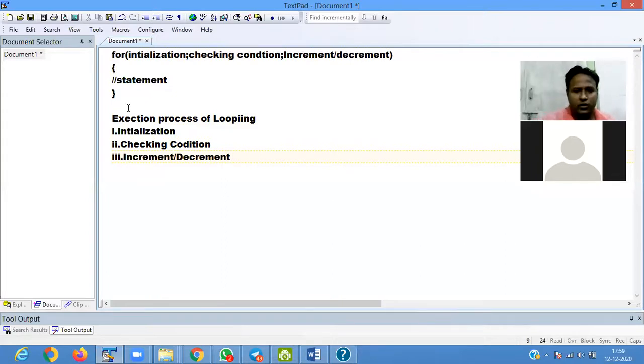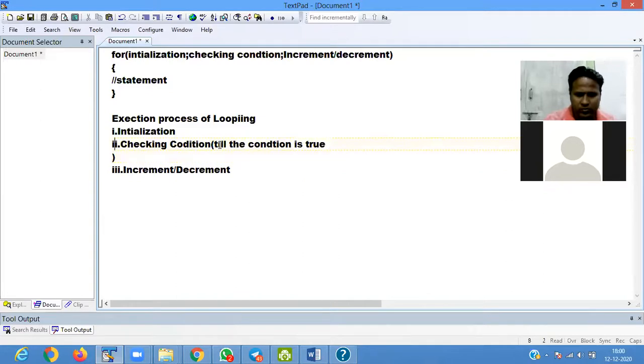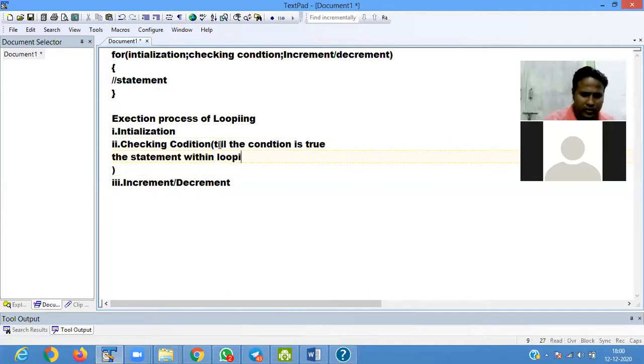Okay. Now, till your condition is true, the statement within the looping is executed.